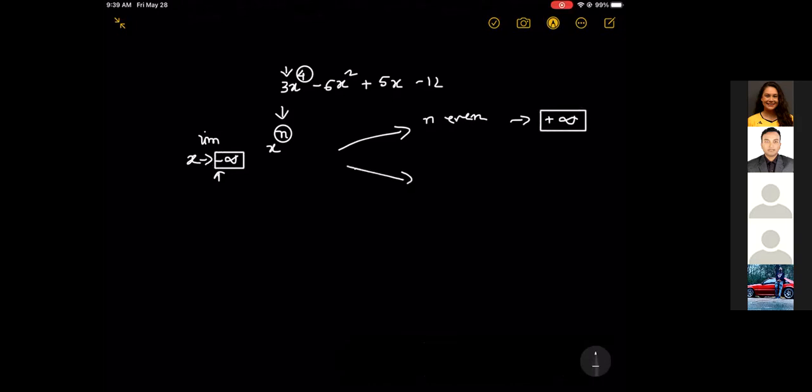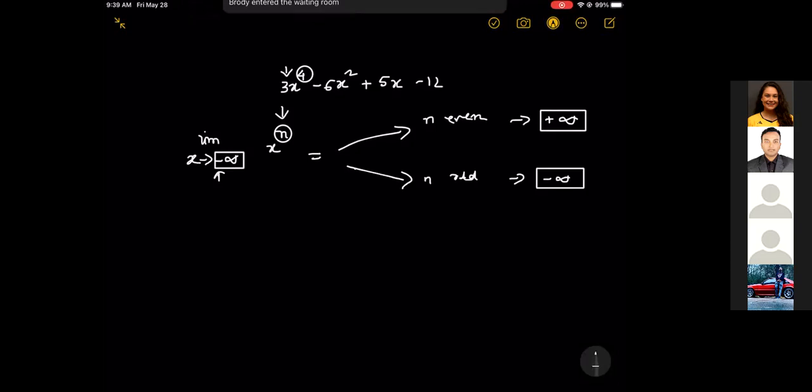But if n is odd, then it will approach negative infinity. Do you agree? Yep. That's why it says that the sign of the infinity,